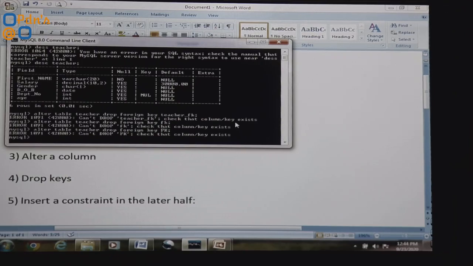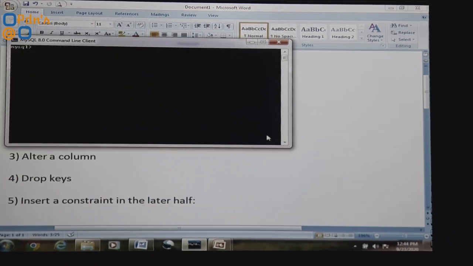Okay. I think the name that was given to the foreign key is somewhat different. Because of that reason it is showing an error.